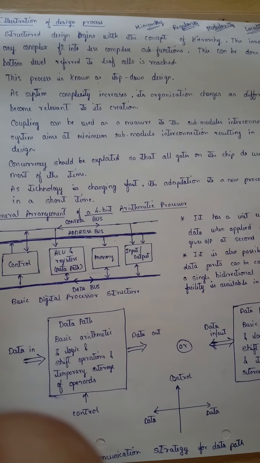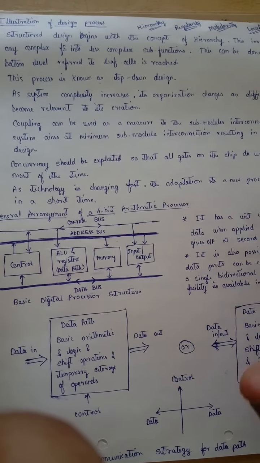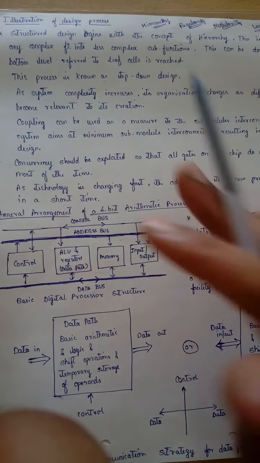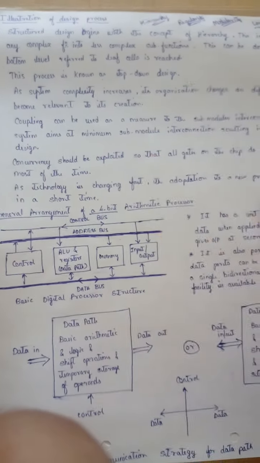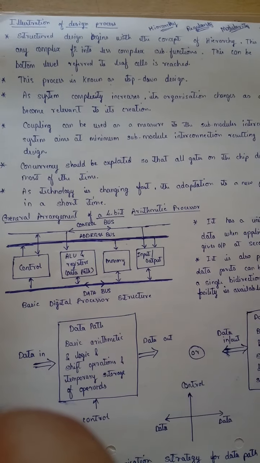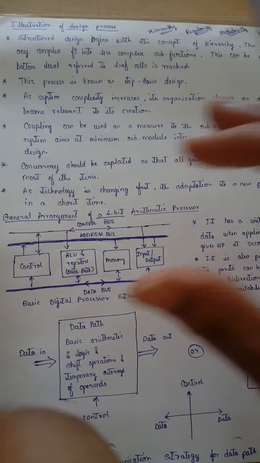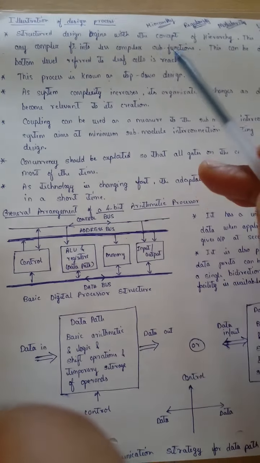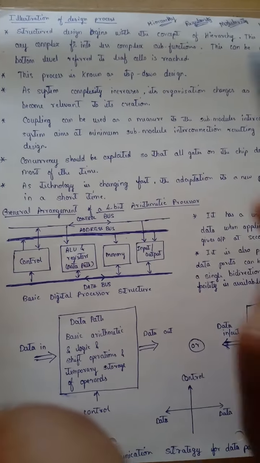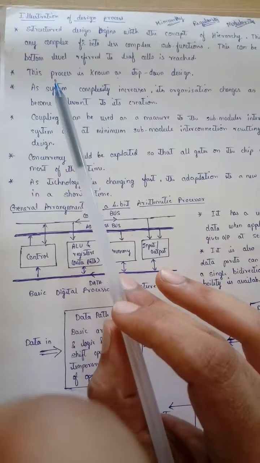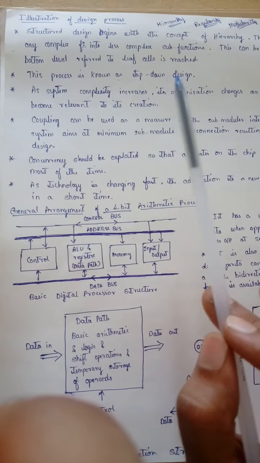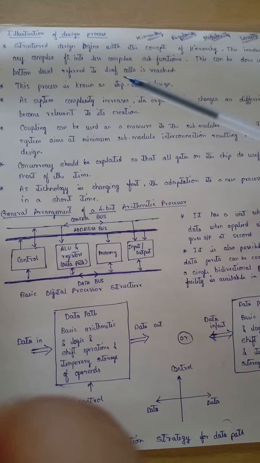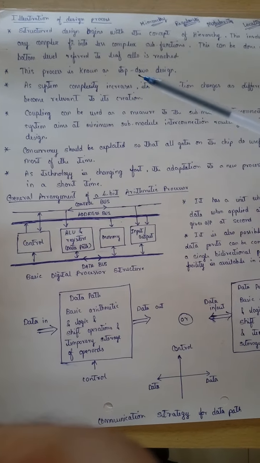So what is this leaf cell? Leaf cell means it is a plot where you design, like what is called a floor plan. For the floor plan, just like how you do the foundation in a house, you know what components should be placed in each and every area. So that is a leaf cell. That is the basic requirement of any IC. This process is known as top-down design. So from the top level to the bottom level, the design is made. It is called top-down design.